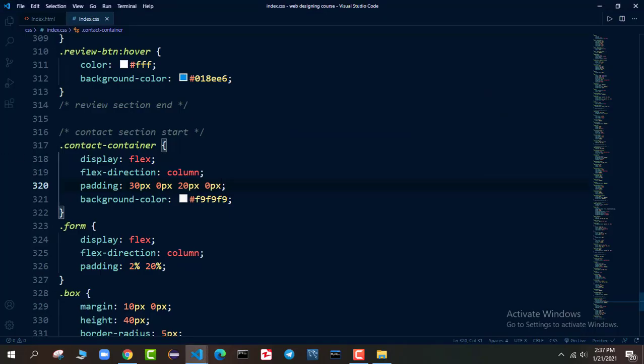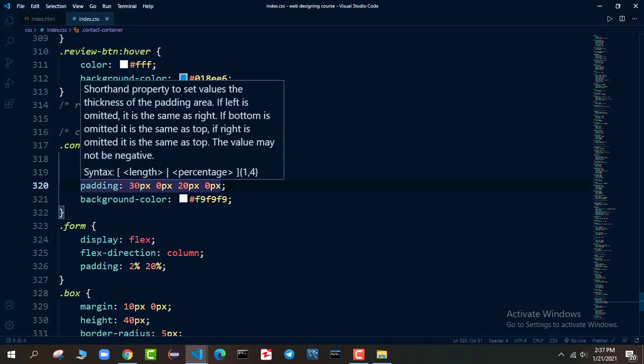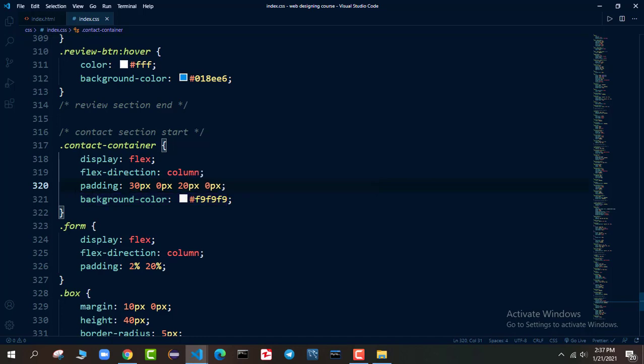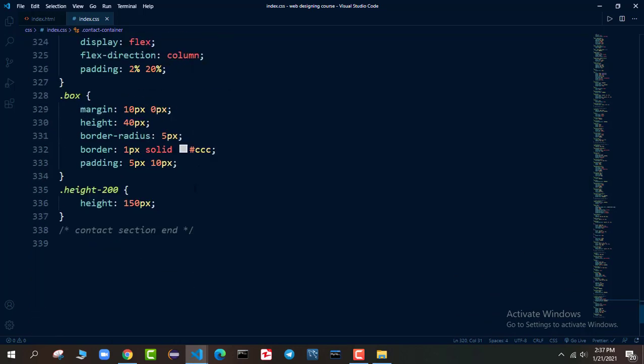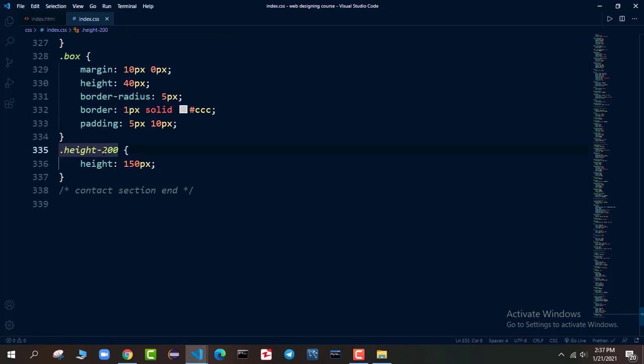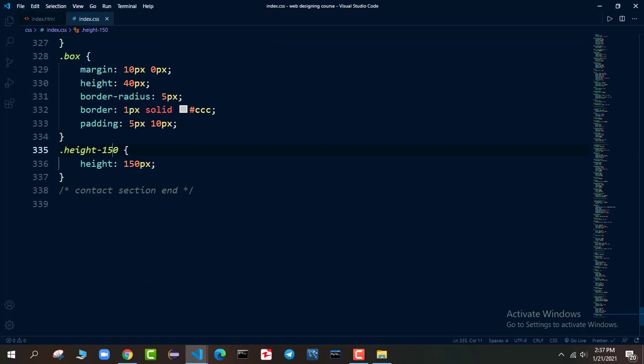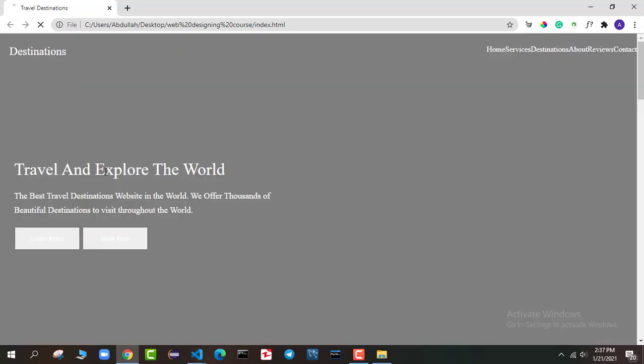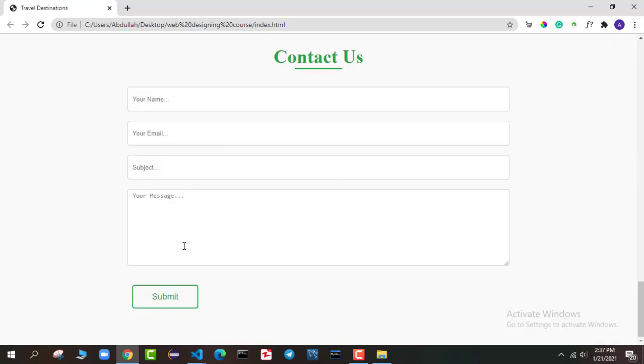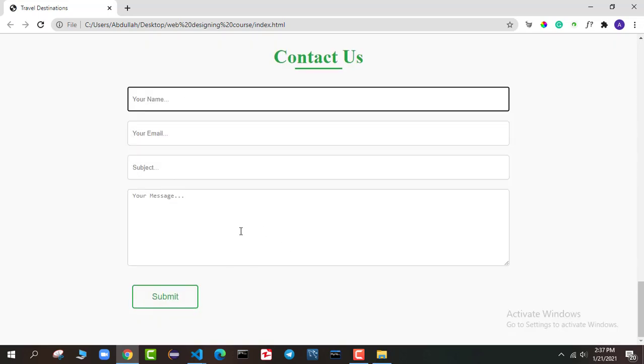Okay, but now the last problem is that I think it should have 150 height. Now here in the dot contact container, we will say padding should be from top 30 pixel and from bottom 20 pixel, but left right don't add any padding, and this should be 150 height. So I will say 150, and you can name anything. This is just the class name. So what we are achieving with this is that we don't need to repeat all these properties. We only need to change one CSS line of code, and that's how we can get this beautiful form.